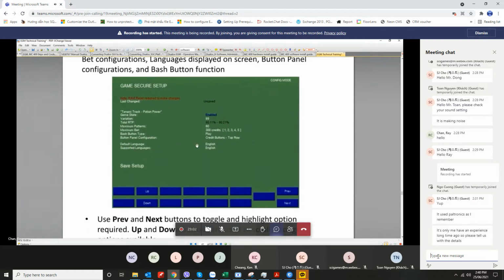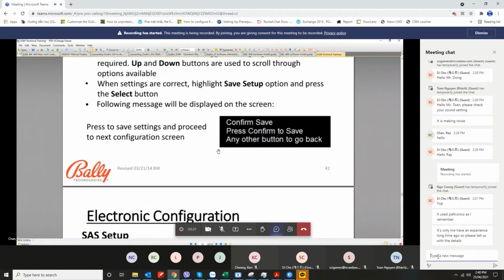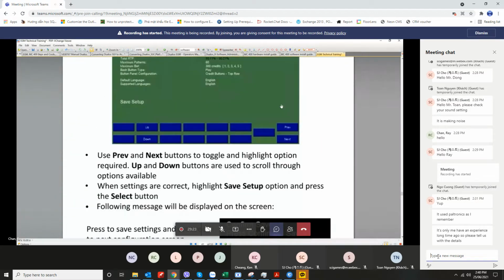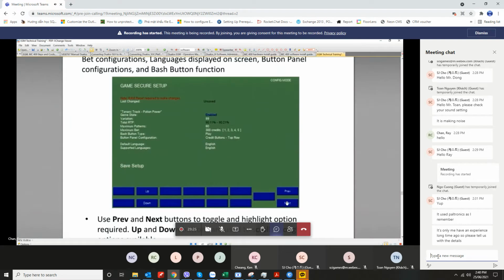The default language we always set to English or simplified Chinese. Actually, this page, we need to ask the casino operation to get their idea to set up this one. After set finish, click next,